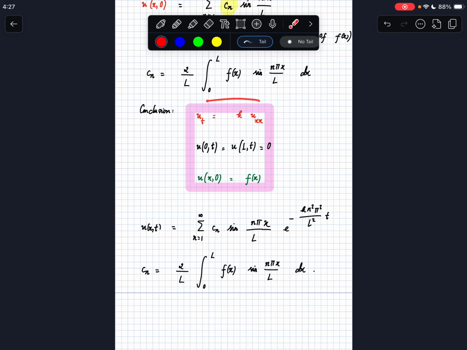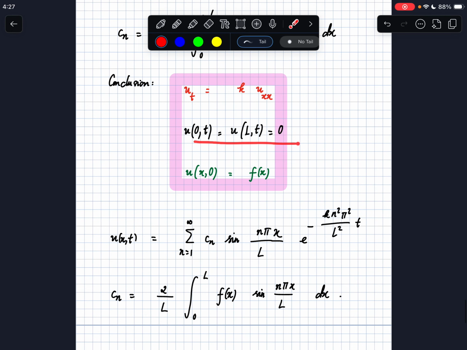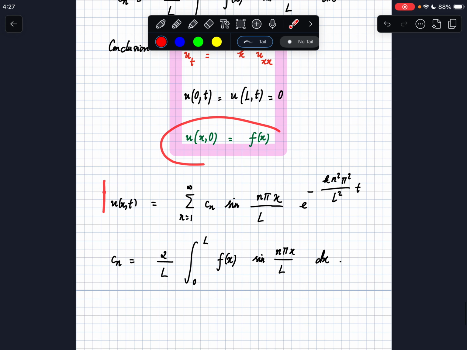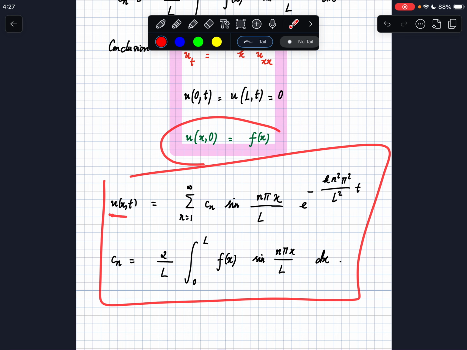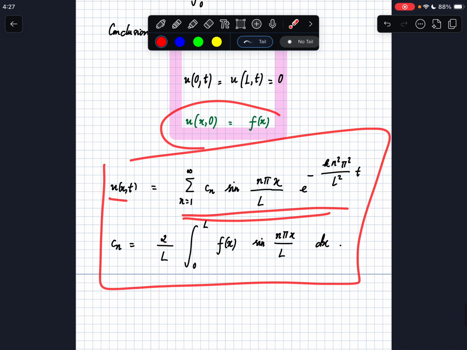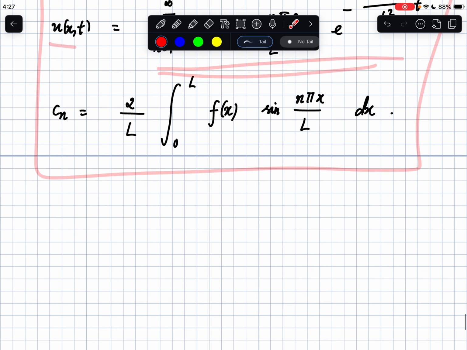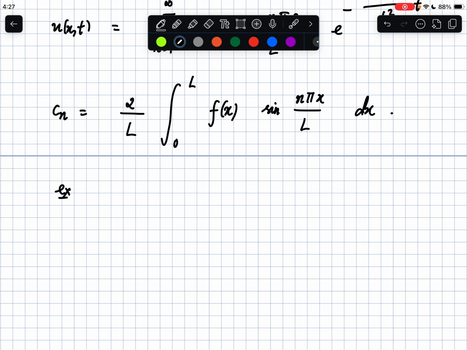We were looking at this heat equation with the Dirichlet condition on the two ends, and we derived the answer u(x,t) equal to this summation. And now let's do one example with that. Example: if we have a rod